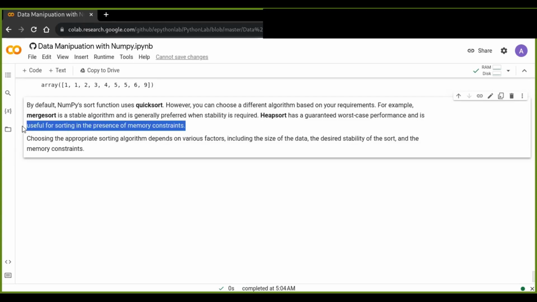So, it depends on choosing the appropriate sorting algorithm based on various factors, including the size of the data and the desired stability of the sort. For example, if you want stability, you can use merge sort, and for memory constraints, especially performance, you can use heap sort. Otherwise, you can use quicksort, especially if you have a large array of data. So I hope you got some insight into how to implement sorting algorithms using